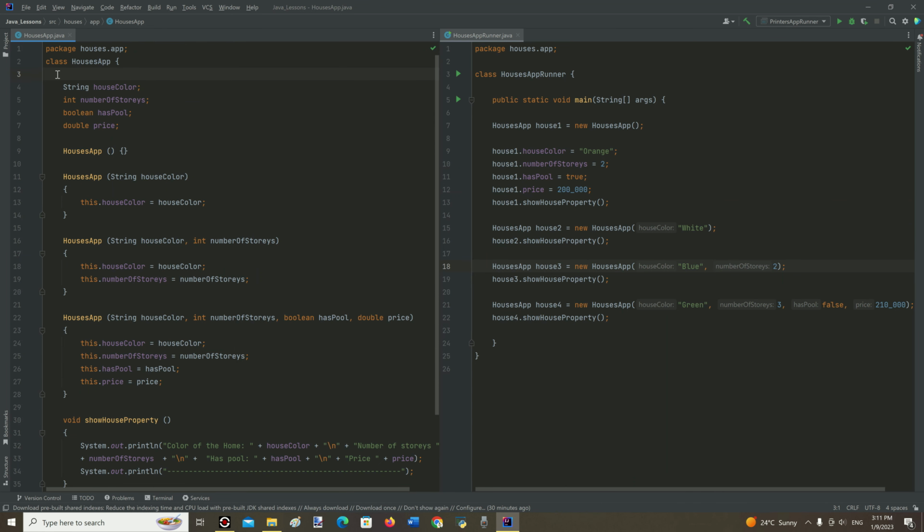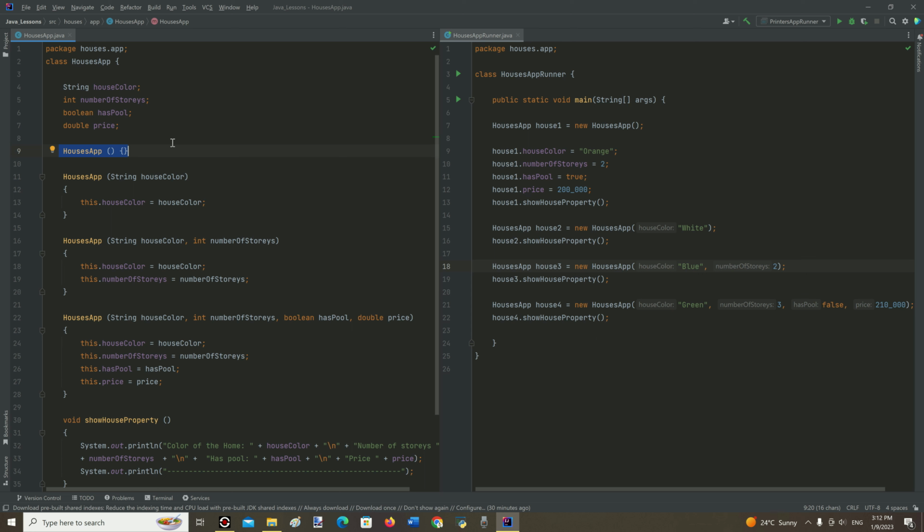Here we can see a class named HouseApp. There are some instance variable declarations, and on line number 9 there is a default constructor that is always implicitly present in every class, even if it's not declared there.